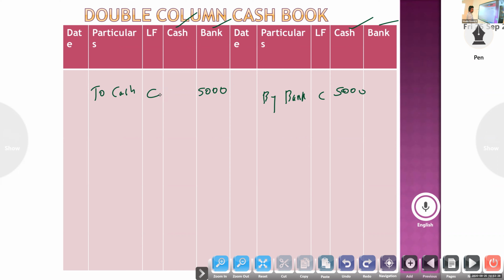Okay. So one thing you have to remember: if we received a check from Femina and deposited it in the bank on the same date, the entry will be bank account to Femina. If we only received a check from Femina, it means cash account to Femina. Today we received a check; if we deposit it the next day, it will be a contra entry, bank account to cash. But for payment, no problem.